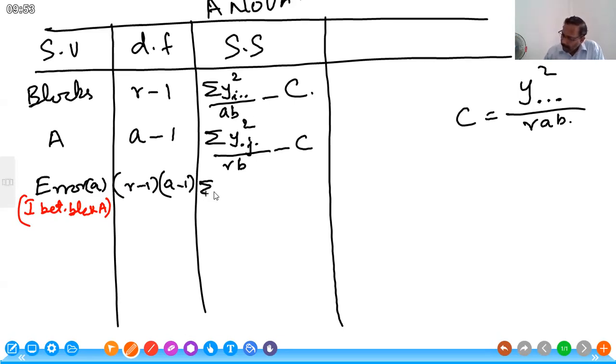So there is summation Y IJ, interaction effect between block and A, square, divided by B, minus C, minus block sums of square minus sums of square due to A. So which we have already calculated in block sums of square and the A sums of square. Then we go for the next one,